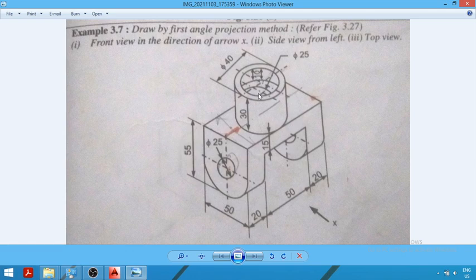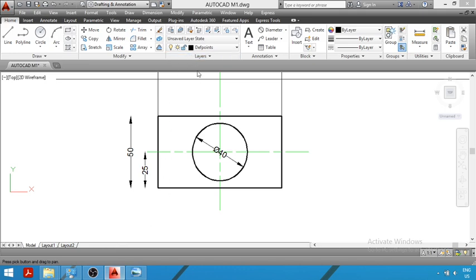So we have to draw two dark circles, one circle for the bigger hole of diameter 30 mm, and second circle for the lower hole of diameter 25 mm. So in the next step we will draw two circular holes. So I am erasing the dimension of this first circle, which is equal to 40 mm.